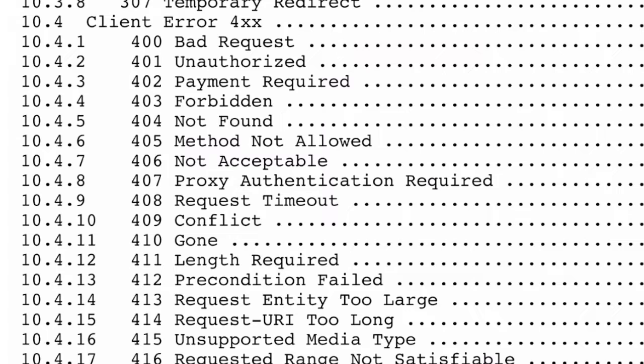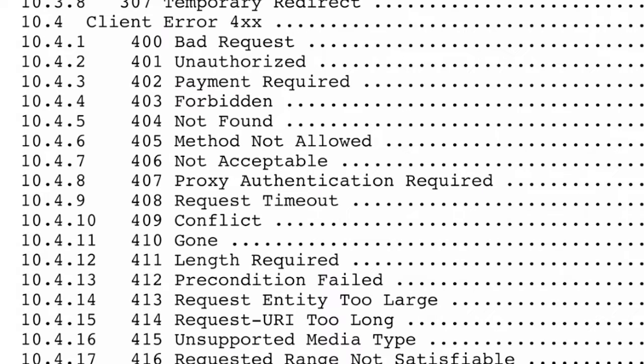The messages you sent to me, I cannot parse correctly. Maybe there's something wrong with your request. So it's 400 bad request. 404, not found. I believe you have seen this message before. If the server cannot find the object specified in your request message, then I will reply